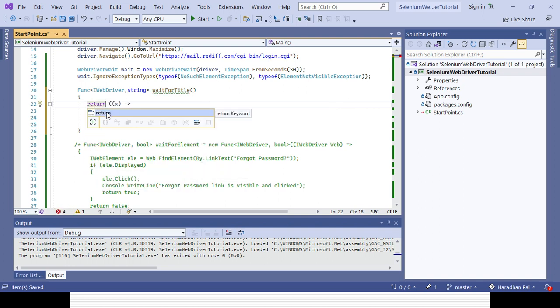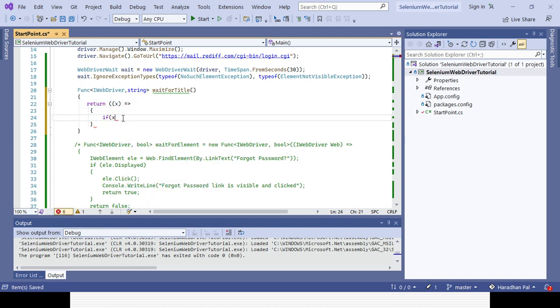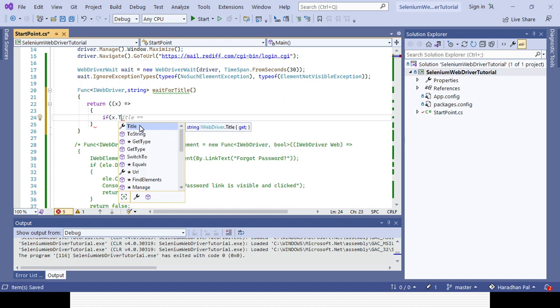Okay, it returns x, and now I can give some condition here. This is the function wait for title. I have given the bracket here, so I will be starting with another bracket. I am giving the condition: return x equal to operator if x. It will be small x only. Now x dot title, you can see it coming, right? x dot title, if the title